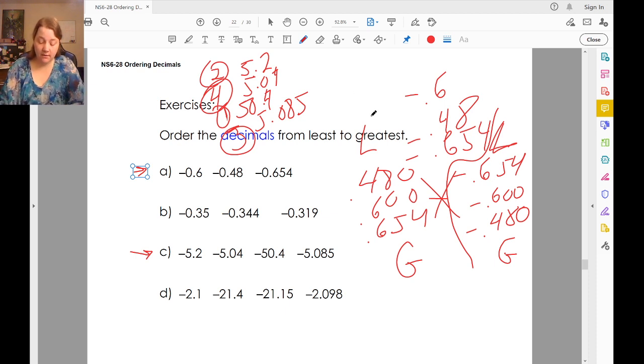The smallest would actually be the biggest. So remember how 50.4 was the greatest? Now it's the least. -50.4, and then number 2, -5.2,